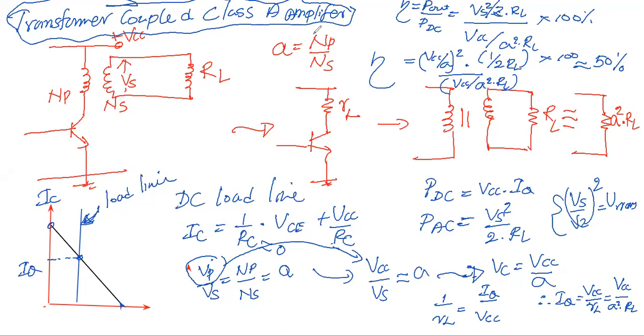So if it is a class A amplifier, you have to select the operating point at the middle of the load line. By selecting the middle portion of the load line, you can fluctuate the IC current. That application we call class A amplification. Under this class A amplification, we have derived the collector efficiency for 3 different scenarios. This last one is the transformer coupled class A amplifier. So just read these things, and it's better to use the textbook, or else I can give you some document to read and go through.